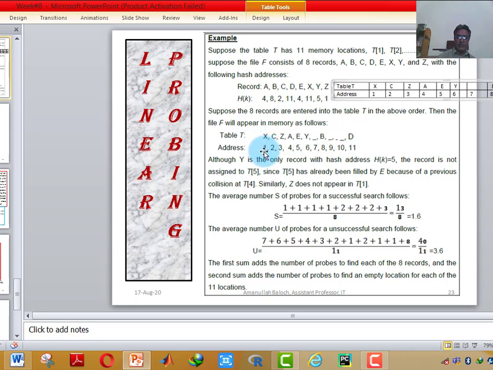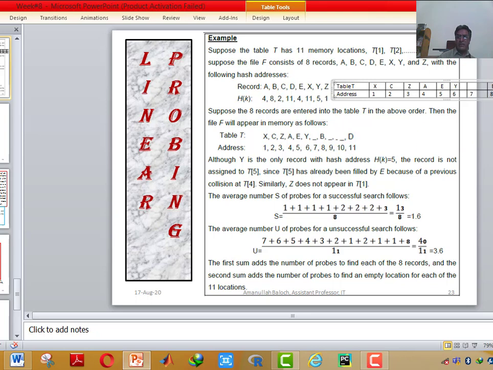X at location 1, C at 2, Z at 3, A at 4, E at 5, Y at location 6, 7 is blank here, B is stored at index 8, and 9 and 10 are blank, and D is stored at 11.